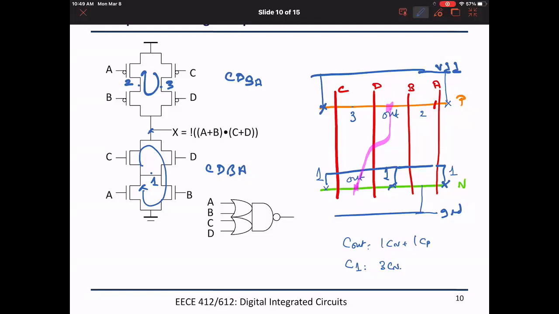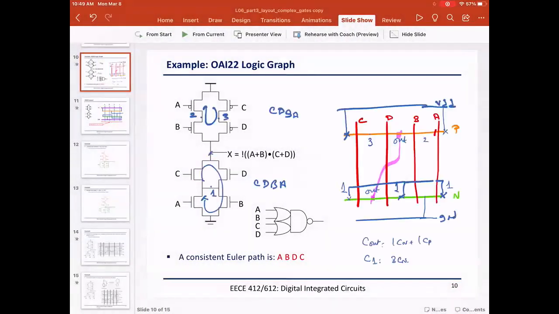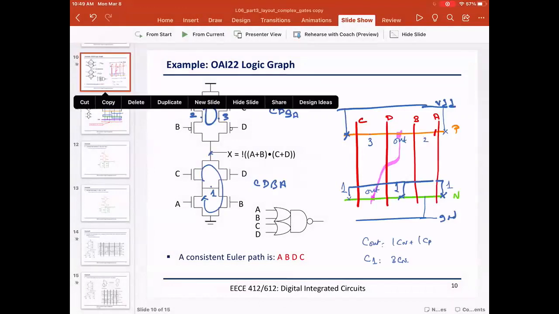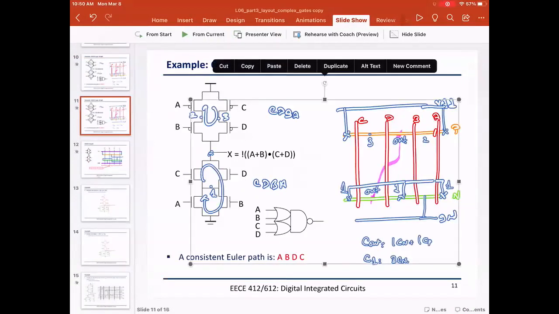Exactly. So Hisham is saying BDCA. Yes, that's a possible solution. And let's take this just out of fun and show you how we would handle it, and then we continue with the rest of the slide. Or we'll catch up on this later. Yeah. So okay. So now if I want to take another path,